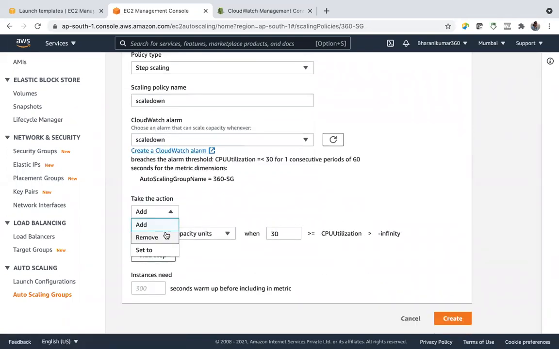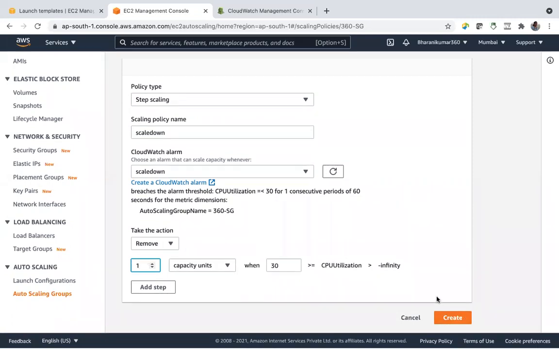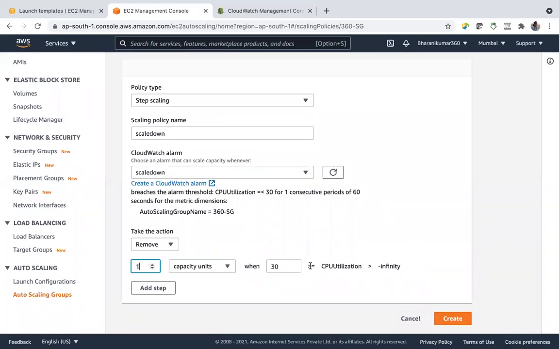And we want to remove one capacity when it's getting underutilized, right? Create. So 30% we have given less than or equal to, right?